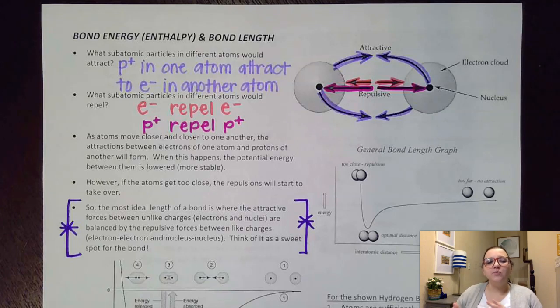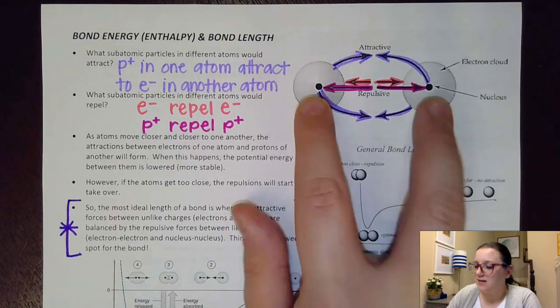we're going to talk about bond energy. Now, I know a lot of you remember that with ionic compounds we talked about lattice energy, the energy I would need to break apart an ionic compound. Well, bond energy is basically the equivalent of lattice energy, except now we're going to be talking about covalent compounds and things that share. So to kind of start us off here,